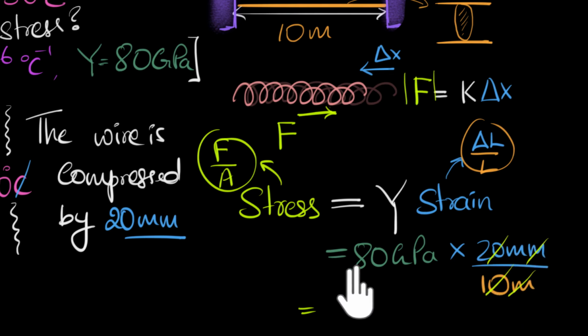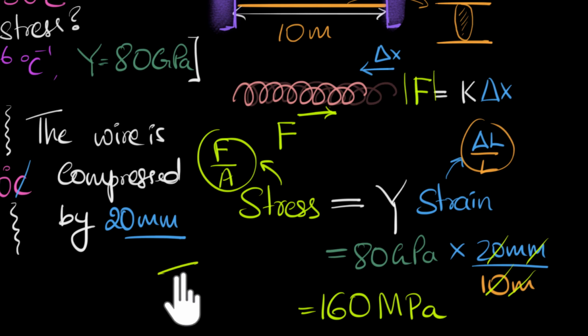And so what's left is 80 times 2, that's 160 gigapascals times 10 to the power minus 3. Now, giga is 10 to the power 9, times 10 to the power minus 3 is 10 to the power 6. And 6 can be written as mega. So we could say 160 megapascals. So that is the amount of thermal stress